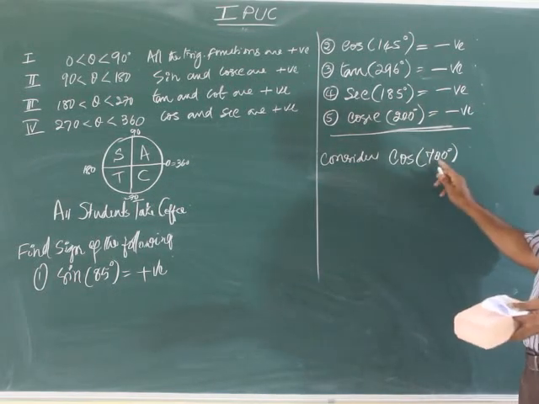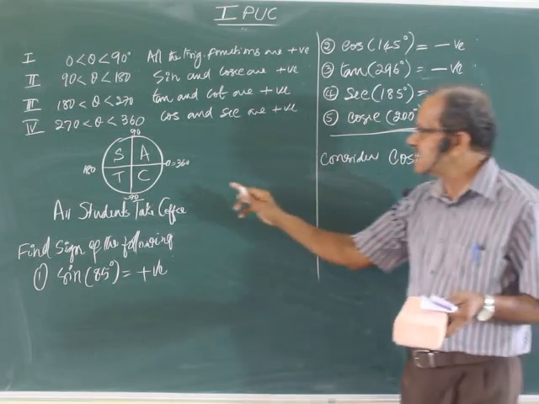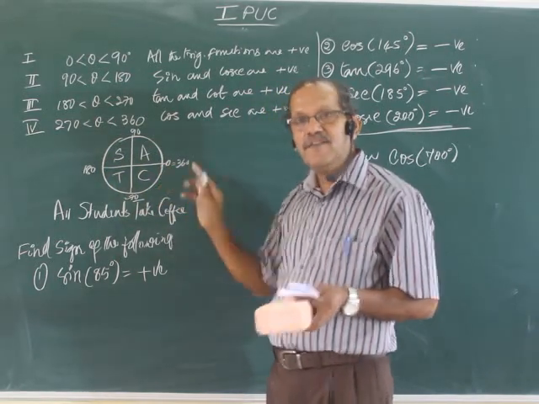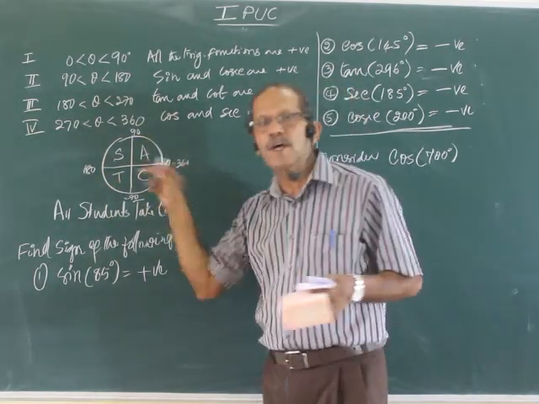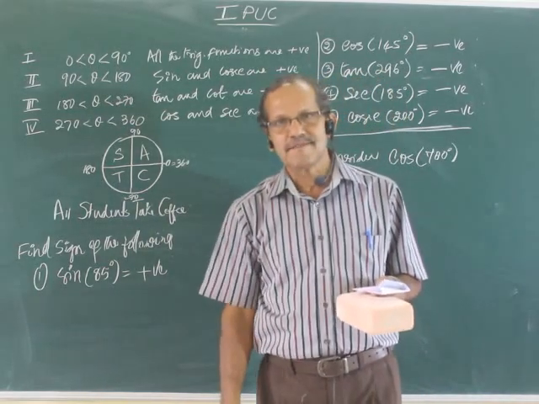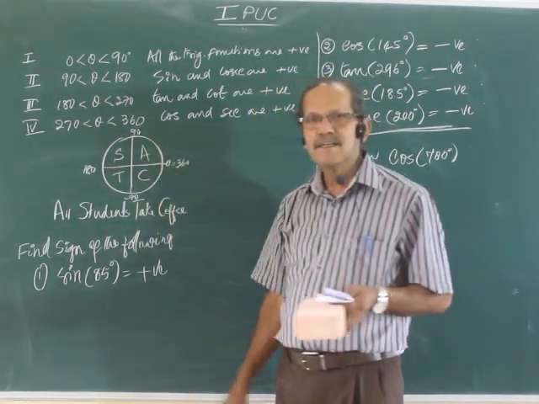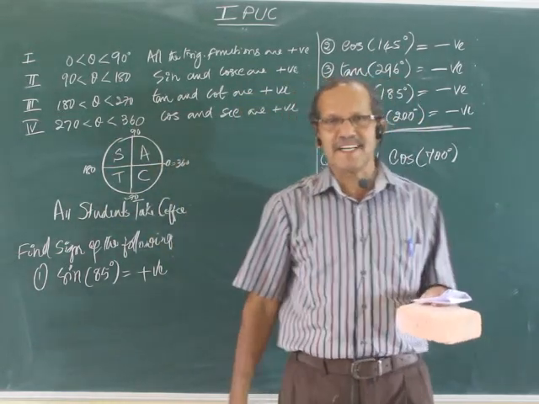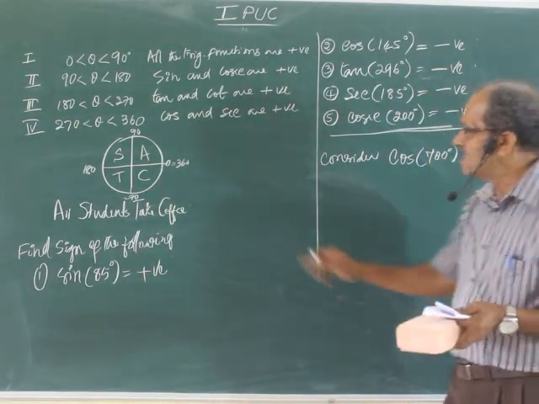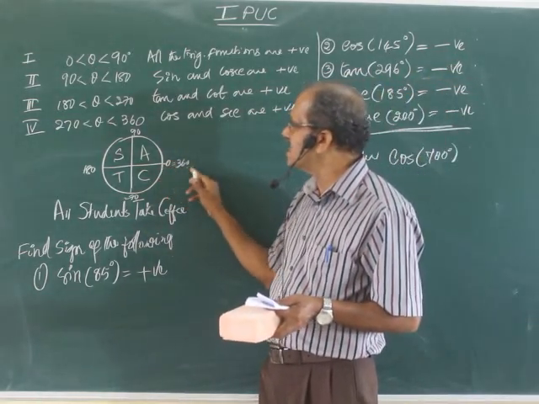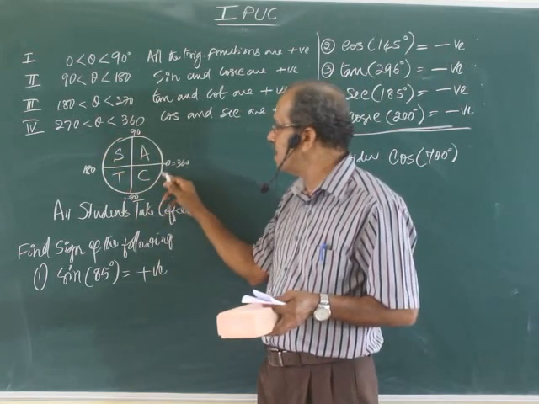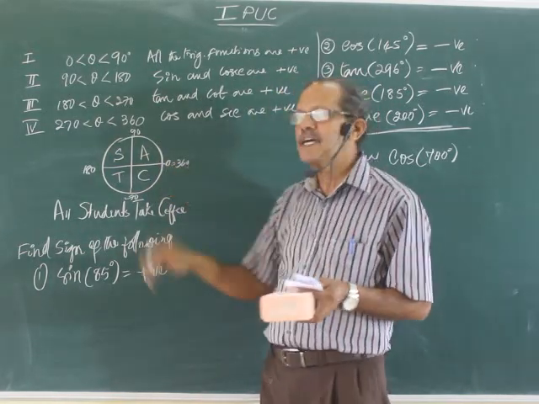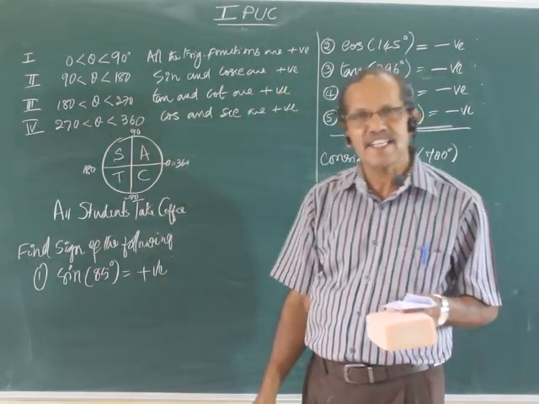Remember, whatever may be the angle, up to 360 you are taking one round. If it is greater, again you are going for the second time in the same circle. Up to 720, the second round is completed. Up to 1080, the third round is completed. So 0 degree and 360 are equal, because after completing one rotation you are coming back to the same point.